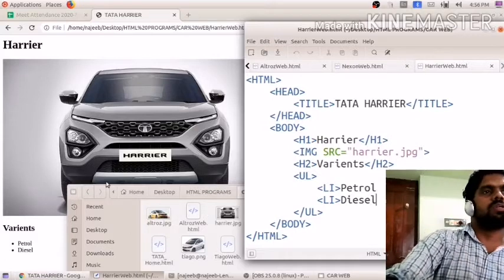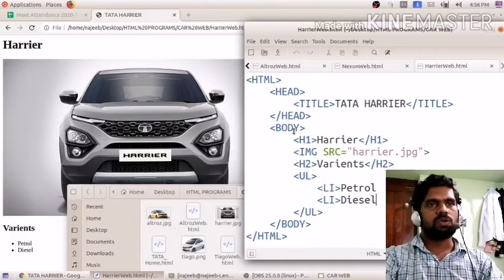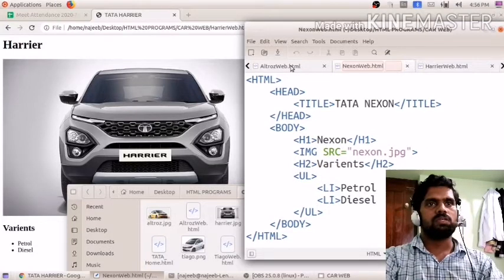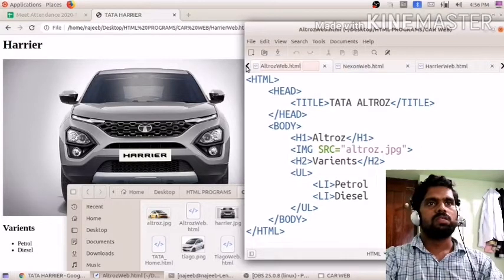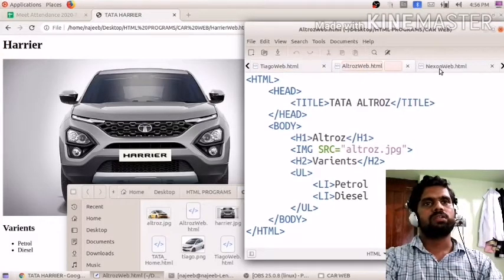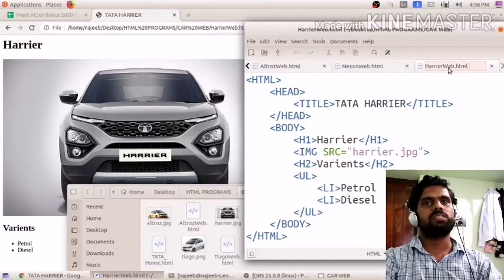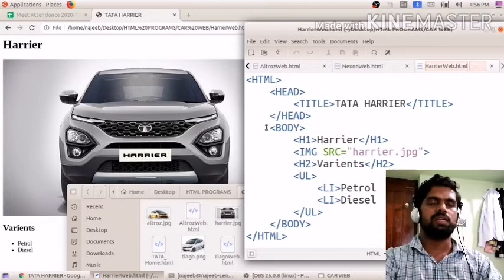So first of all we have to create all these web pages: tiago.html, altros.html, nexon.html, that is Tiago web.html I have given, altros web.html, Nexon web.html, then Harrier web.html, as we have to create.